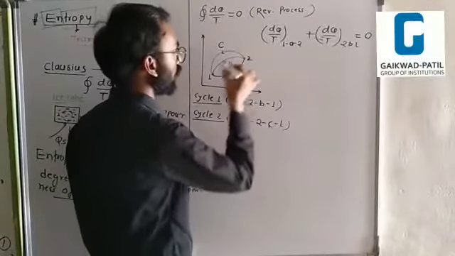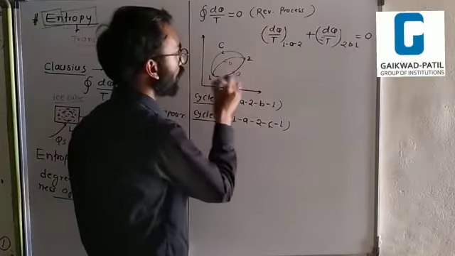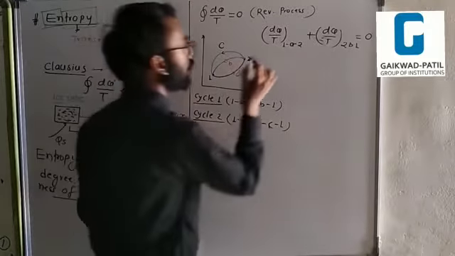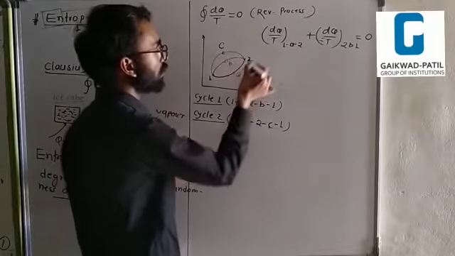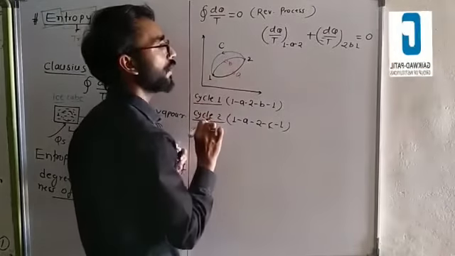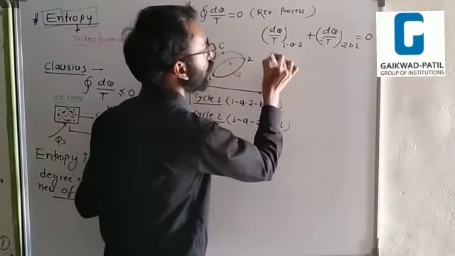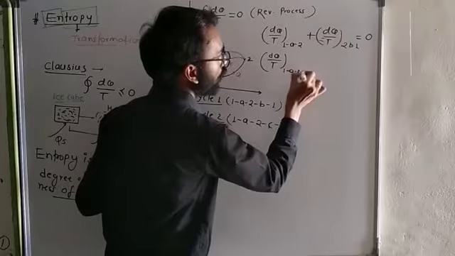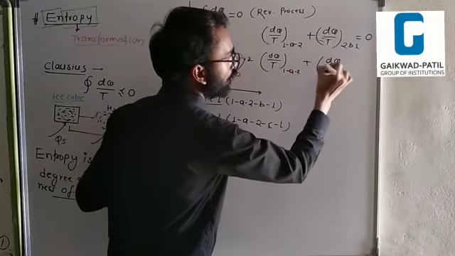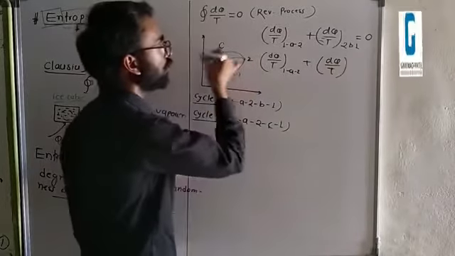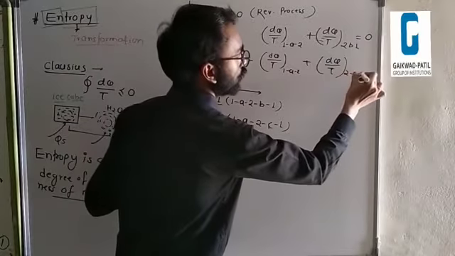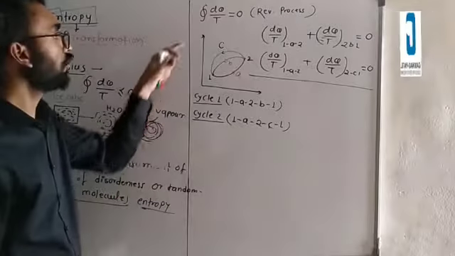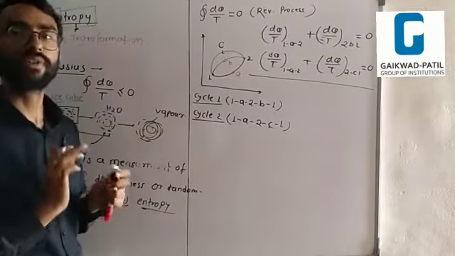One cycle is completed. Which cycle? From 1 to 2, 1A2, then the second process is 2B1. Another equation: now I am going from 1 to 2 by path A and coming back by path C. Until now we came back by path B. So similarly you can write dQ over T along 1A2 plus dQ over T along 2C1 equals 0. I want to find whether entropy is a point function or a path function.